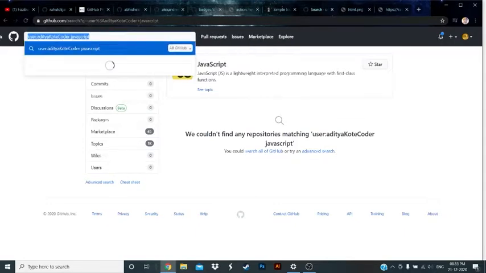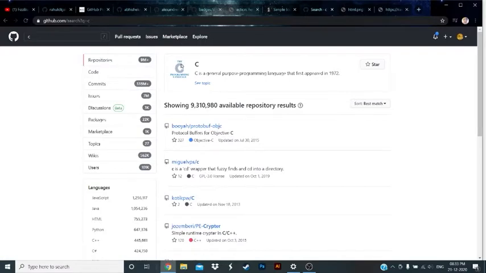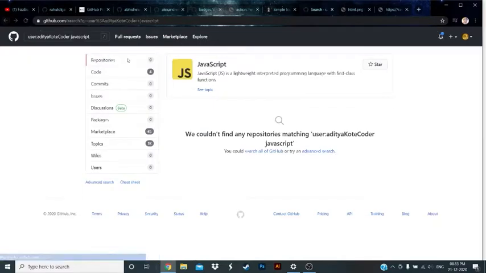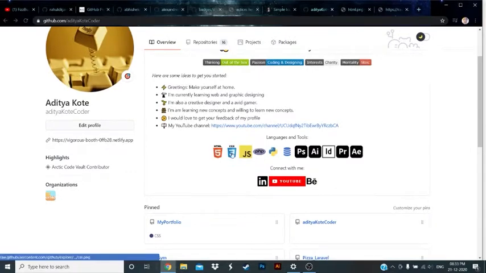Likewise, you get CSS and other languages. Even if you type C, you'll get it for C. Just copy the link and you'll get it. See, HTML, CSS, JavaScript, PHP, Python, and MySQL. And over here, these are the Photoshop, After Effects, Premiere Pro, InDesign, and